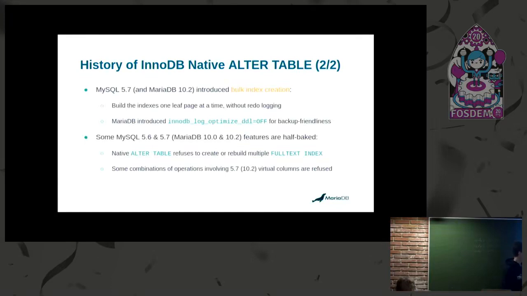In MariaDB, Maria Backup has an option that if it detects that the table was being altered during the backup, then it will recopy the data file at the end. That's one way of doing it. But we also introduced in MariaDB this option, InnoDB Log Optimized DDL, which you can set to off. It's on by default for compatibility, but you can disable it so that your backups will work based on the